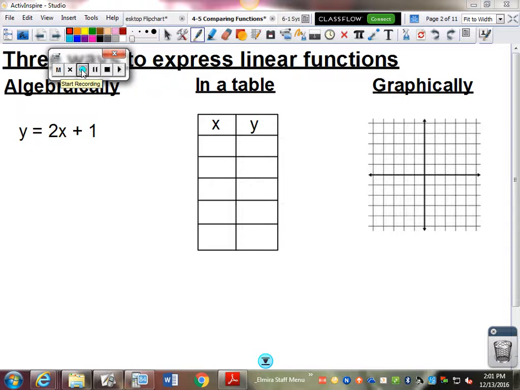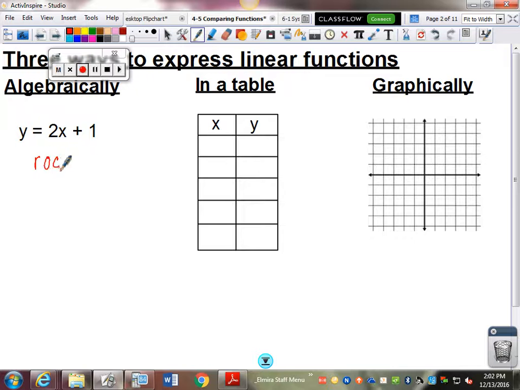Hey guys. Alright, today we're going to take everything we learned in 4.4 and apply it. Which means that we've learned how to write a function from a graph, from a chart or word problem, or to pick information out of an equation, and now we're going to use it for comparison purposes. So just a reminder, this is an algebraic function right here, written as an equation,